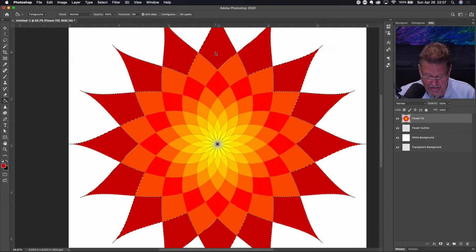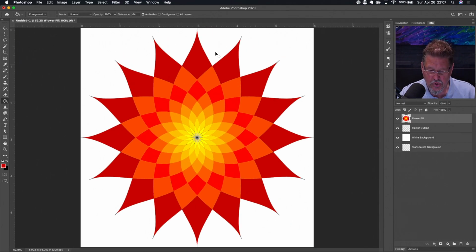I'm going to do a Command D on the Mac, Control D on Windows to unselect that, and then a Command 0 on the Mac, Control 0 on Windows to zoom out. So there you go. We have our shape all filled in. I think that's really cool. The one thing that sticks out of my mind as the last step here